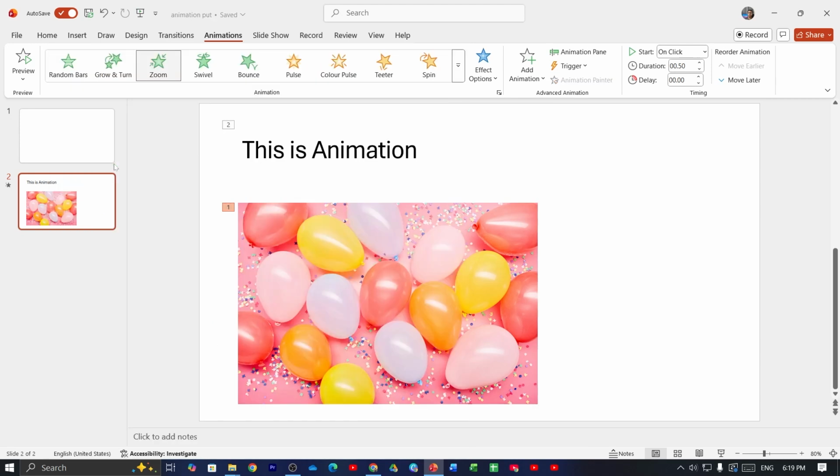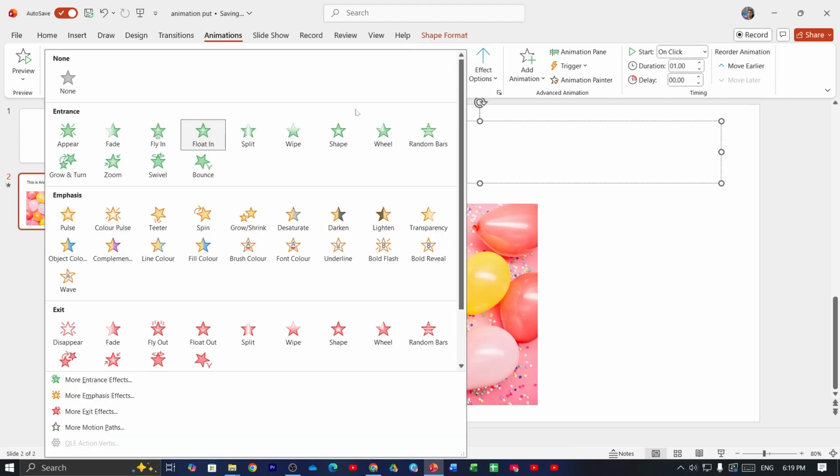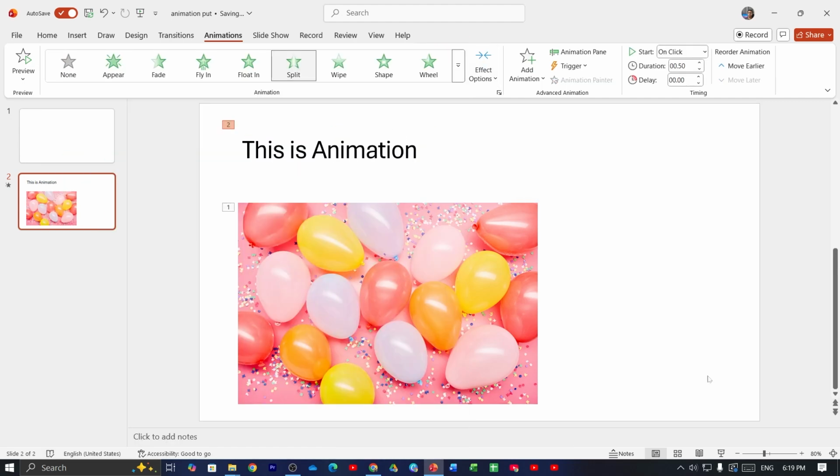If I select Zoom, and then select the text and choose another animation style, if I select Spill. Now if you want to see the preview, just click on this icon at the corner, just click here and that's it, and then click here again, and you can see in this text and image animation